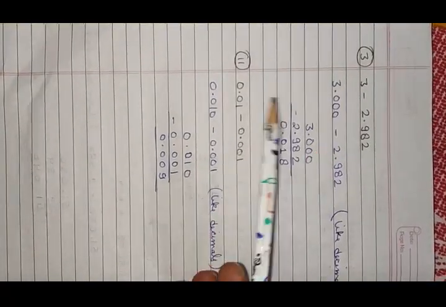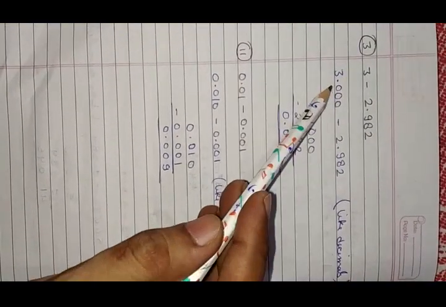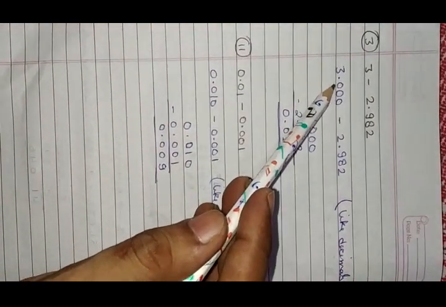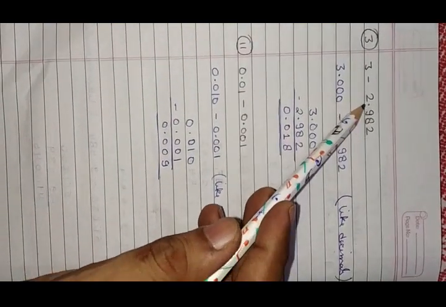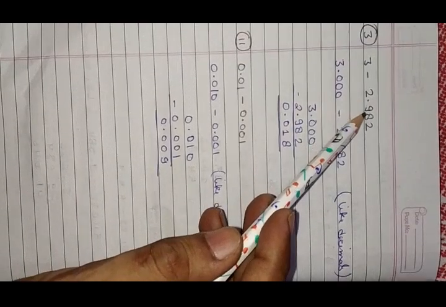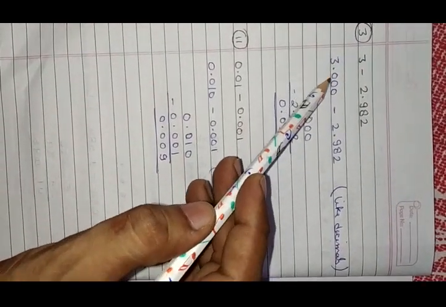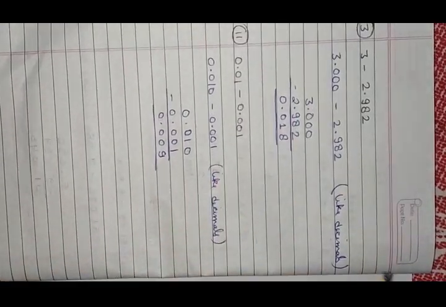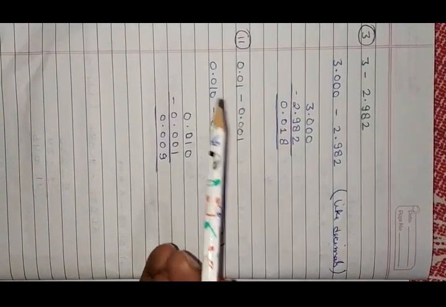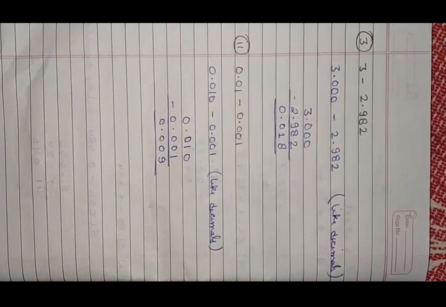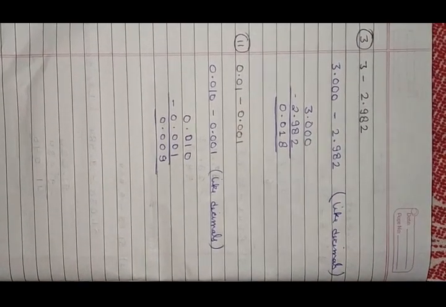Same as question number 3 and 11. In 3 we have to put 30 after putting a decimal, because in the second number there are 3 digits after decimal, so there is no decimal in the first, so put a decimal and 30 after decimal. Okay, now you can do the other remaining parts of this exercise.